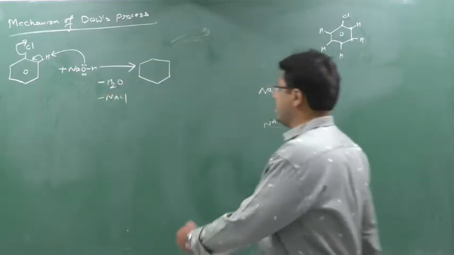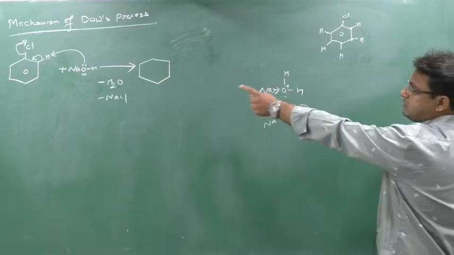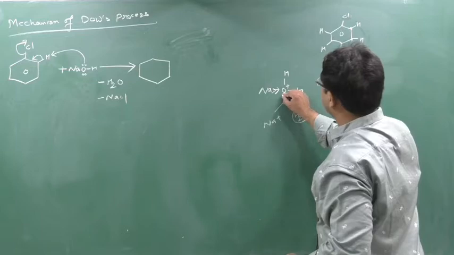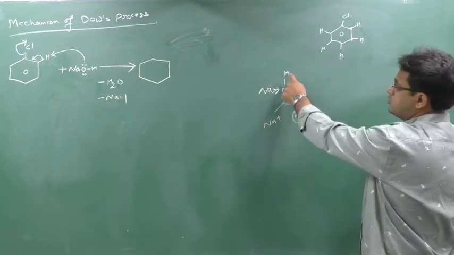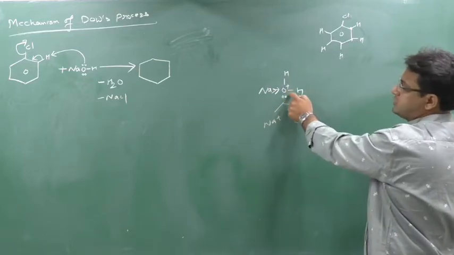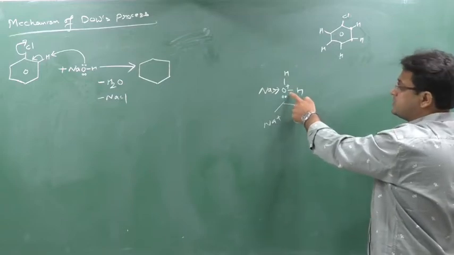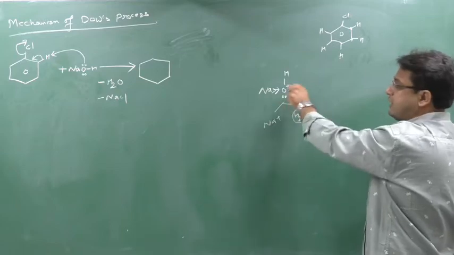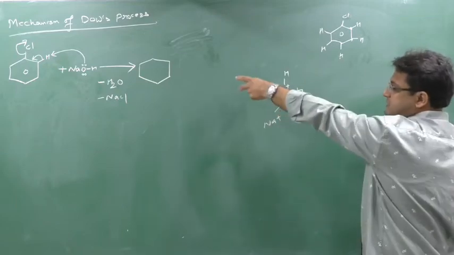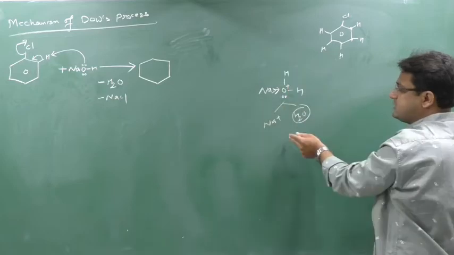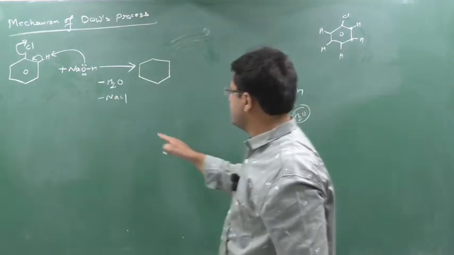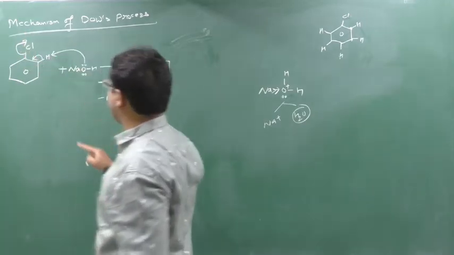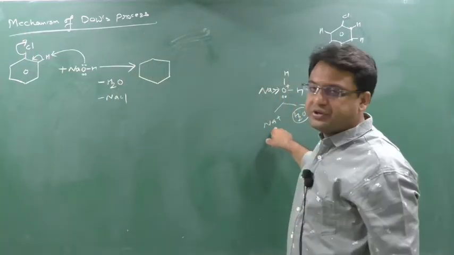Yes or no? See here, this oxygen is taking this hydrogen. So out of 2 lone pairs, 1 lone pair will be donated to this H. So the one who gives the electron creates positive charge. So this oxygen will create positive charge. Now oxygen is an electronegative element, so it doesn't like the positive charge. So it will start to attract the electron from this sodium. So sodium will be released as Na plus, and this will be released as H2O. Now this Na plus is roaming here, but there is also removal of this Cl, no? So Cl will be removed as what? Cl minus. So Cl minus will be removed, which reacts with Na plus.